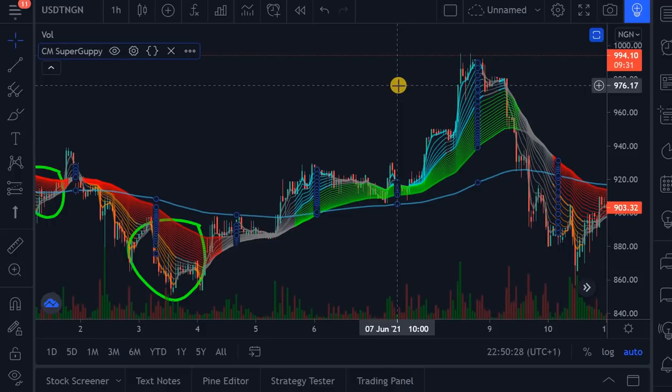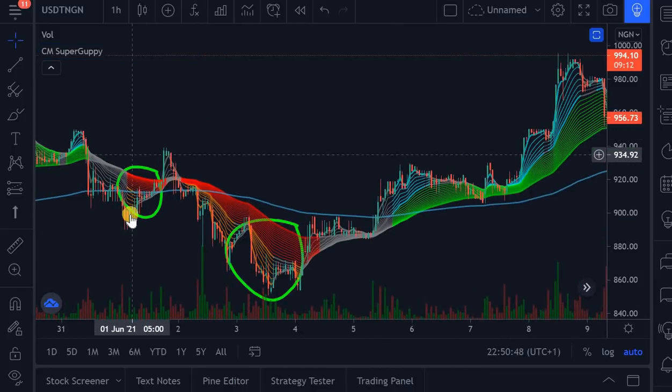What I am about to show you, you have to take your time, carefully analyze the price chart and this indicator before you can realize a good amount of profit. Now let's continue. I said that if you buy every single time it flashes this red signal, at this point right here was the first time.